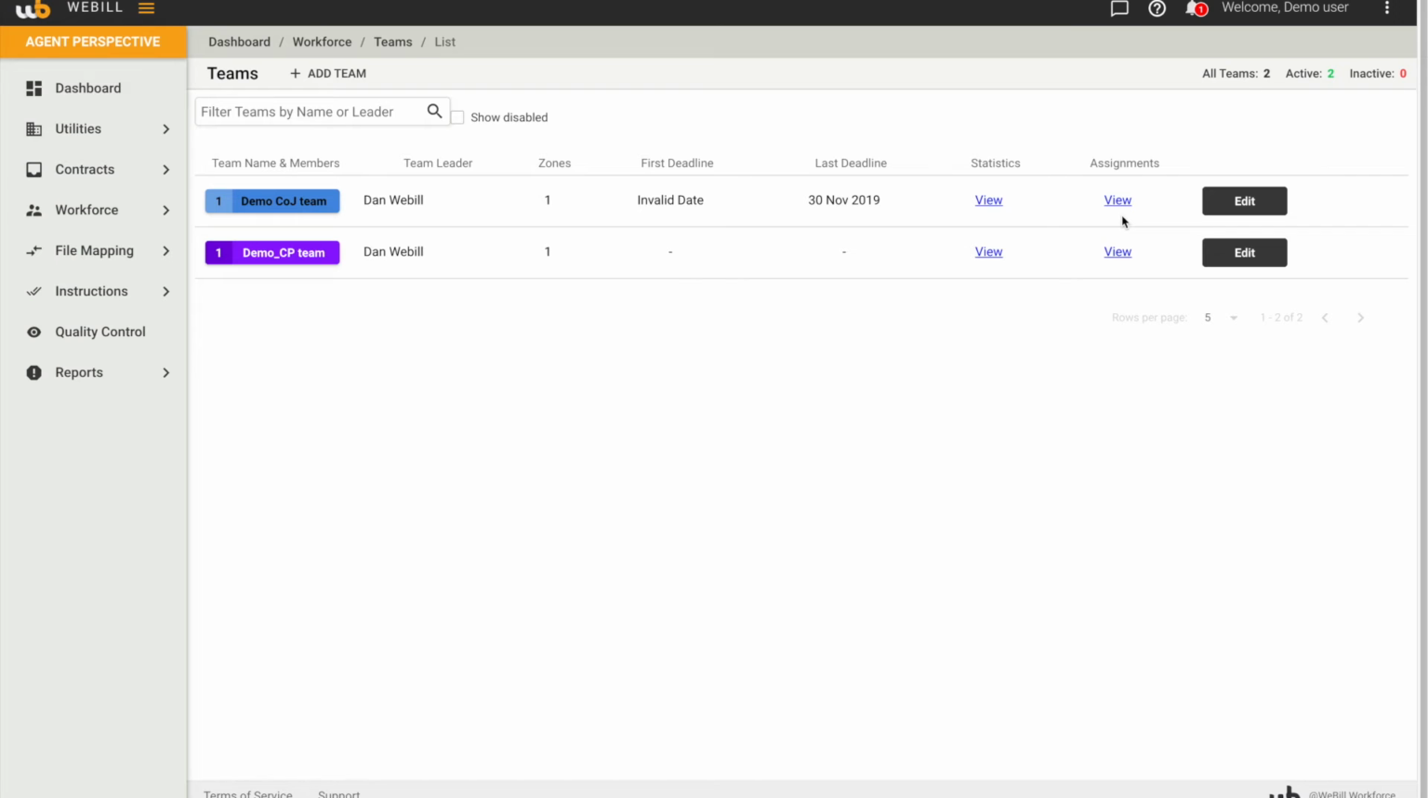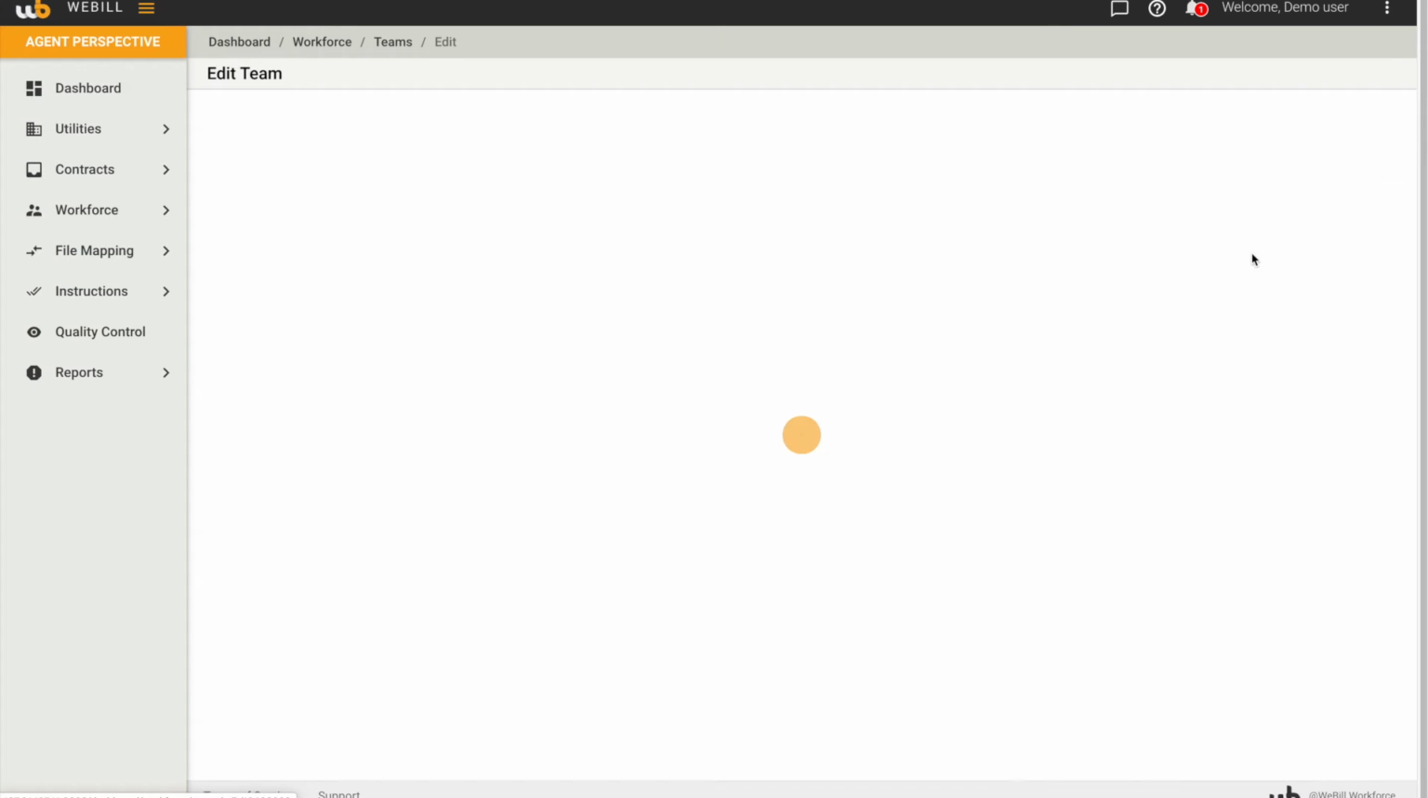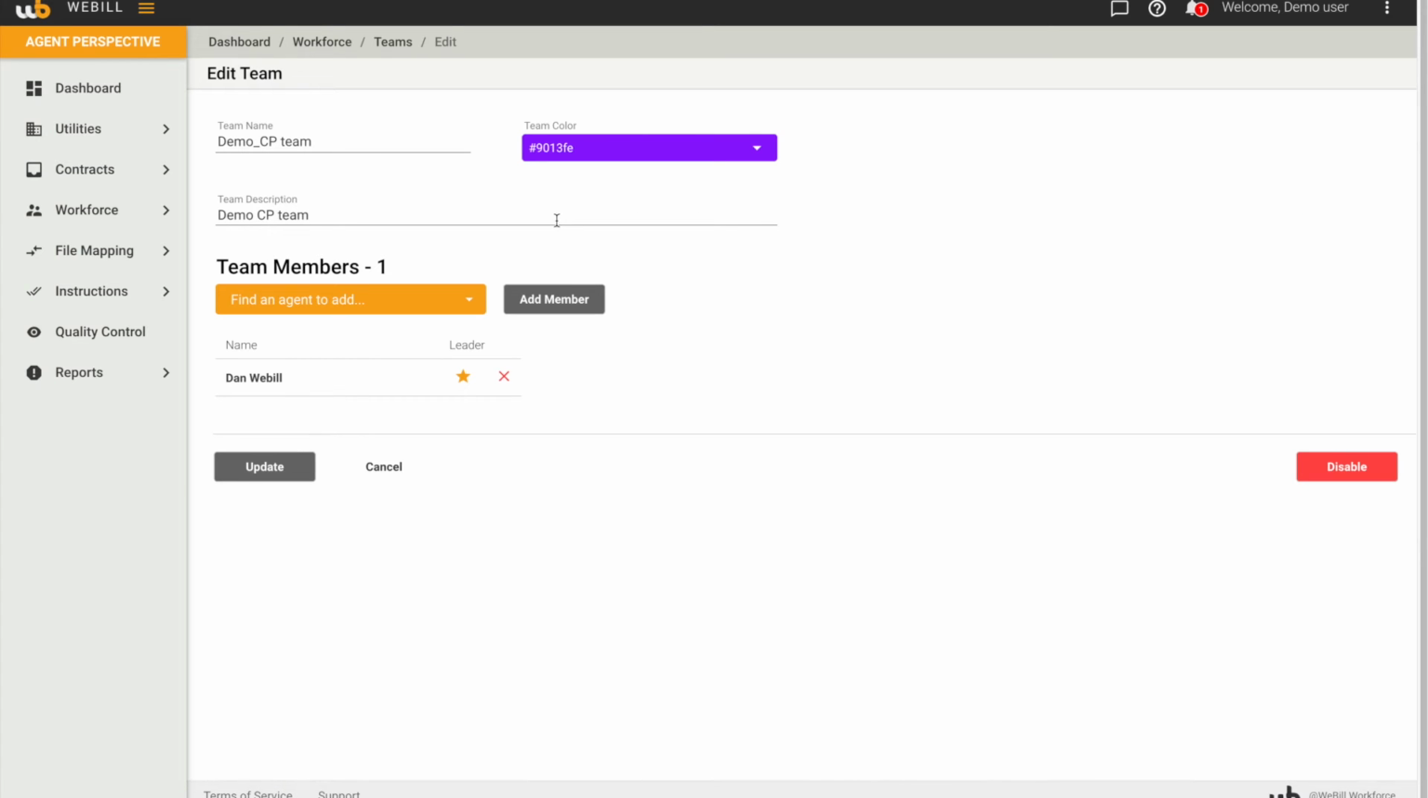To edit your team, simply click on the Edit button on the right-hand side. Here, you will have the option to edit the following, such as the team name, team description, color, team members, and the team leader. To add an agent to your team, simply click on the Add Member button under the